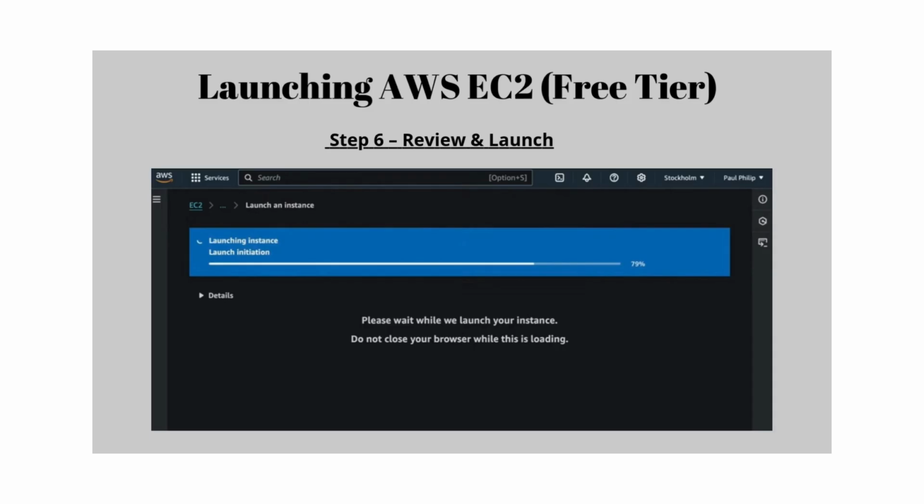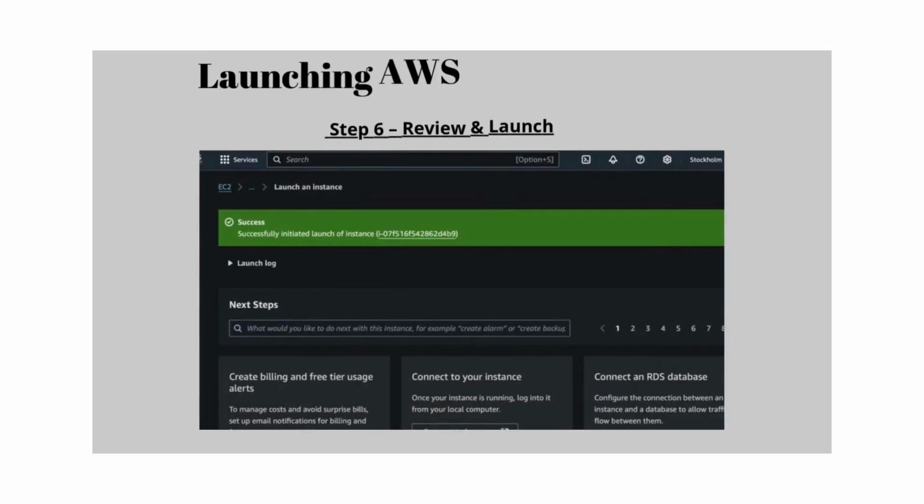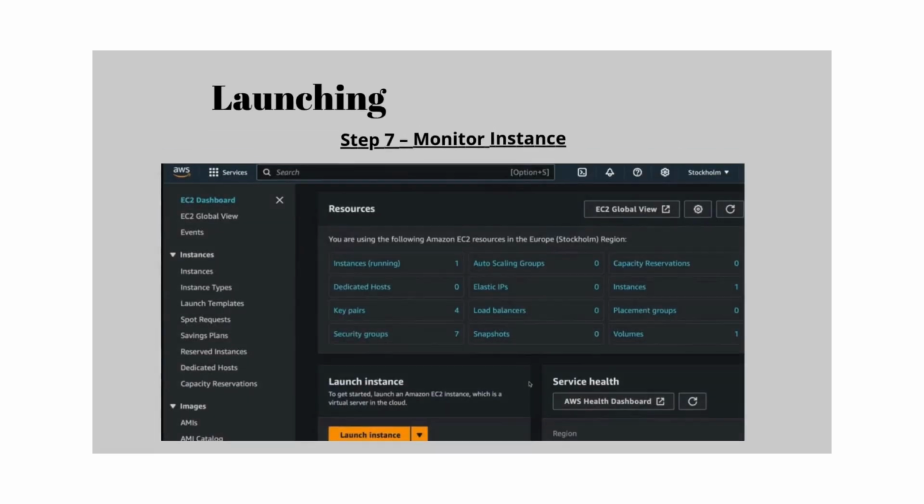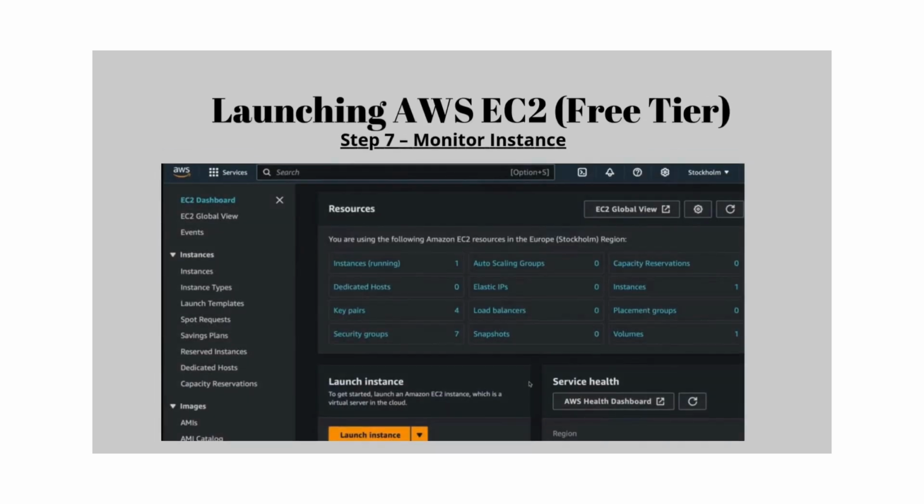Yeah, here you can see that it's launching there, and it will give you all the details. Here it is successfully launched. You can see the ID is given there. And then we can go to the next one, which is resources, where it will show what we have selected,